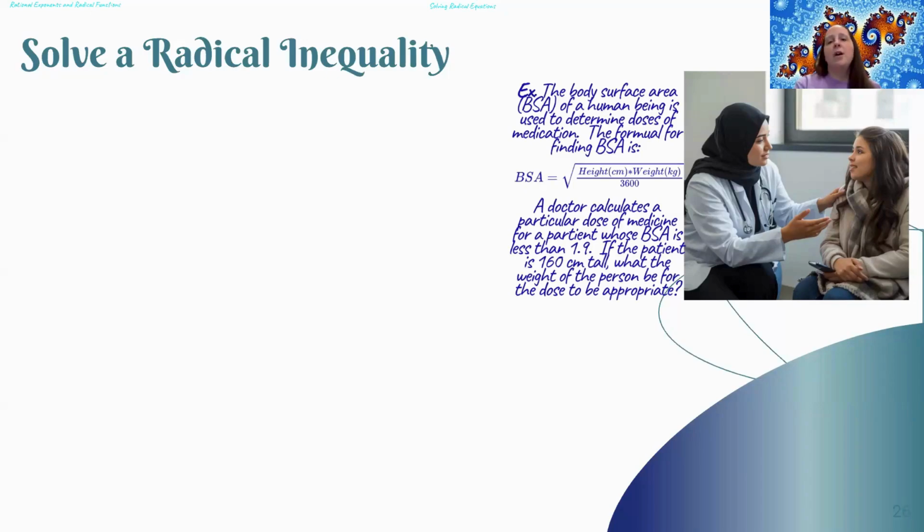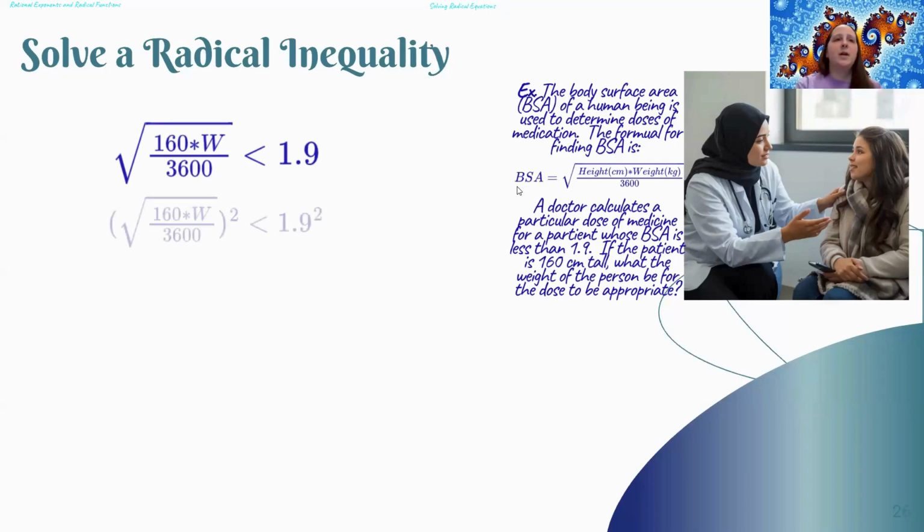Okay, so I know that I have 160 centimeters, which is my height, so I can substitute that in for H, and 1.9 is my BSA. So I substitute those values in. It did say less than 1.9, so my formula is less than 1.9. Okay, I'm going to square both sides of my equation, so I get